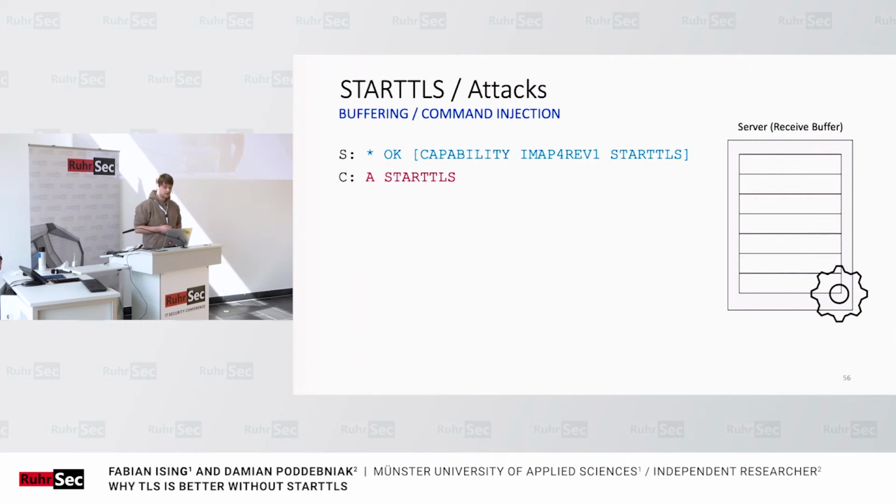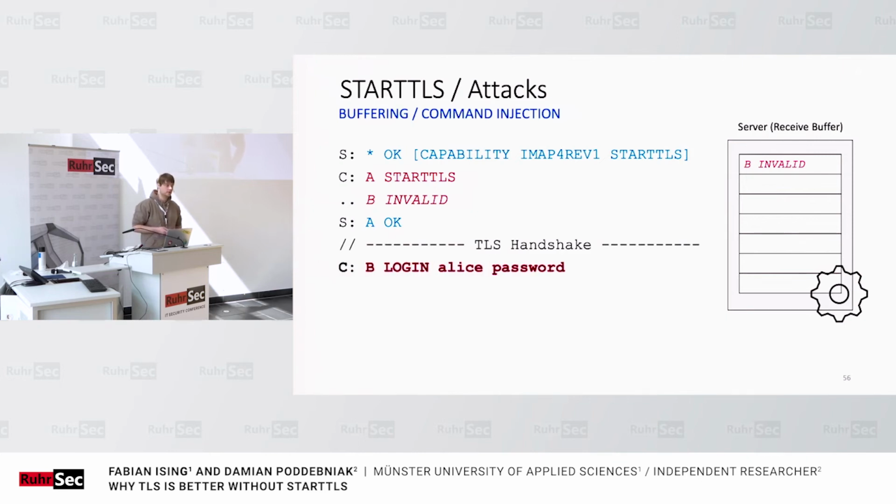But now, instead of just stopping at this point, the client will also additionally, in the same TCP segment, add additional data. For example, this one here. So in fact, this data is, again, buffered first, and then the server tries to parse what it received. So it will detect the STARTTLS command, remove it from the buffer, and respond with an OK command, which means that STARTTLS should be executed. Then both parties execute the TLS handshake, and Alice can send her new command.